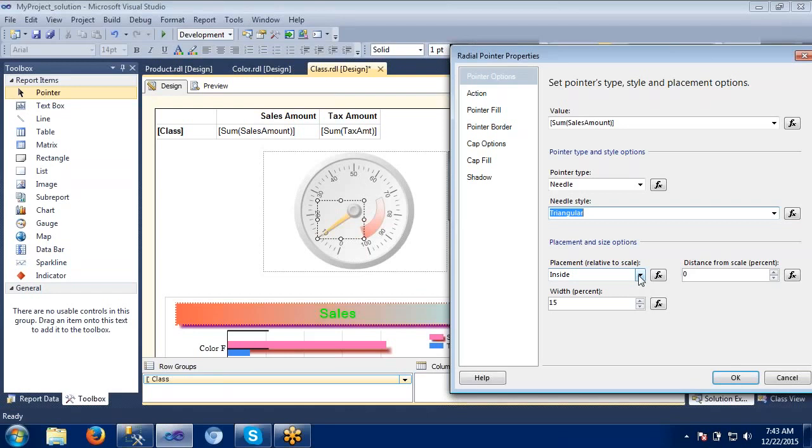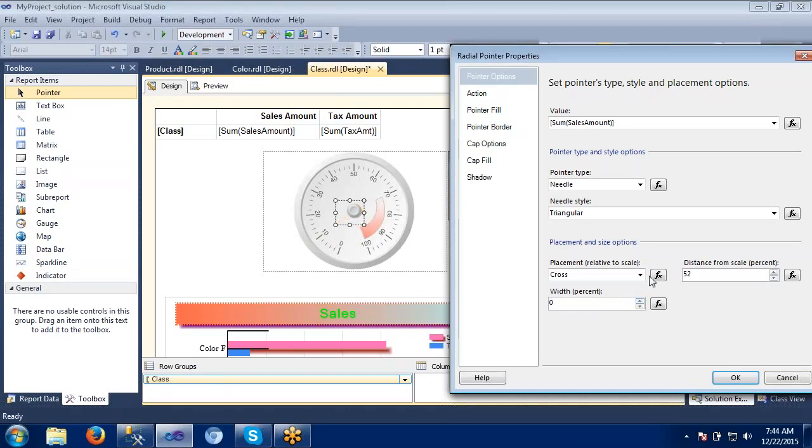Next one is the placement and size option. How much you want to make it. Right now it is showing inside, right? If you make it outside, if I increase it, then only it will show this one. See this one, it is taking me to the outside of the indicator. Size option: if I make it inside, it will keep it inside here. Cross: if you make something here, see this one, it's getting changed. It will be on the cross level.